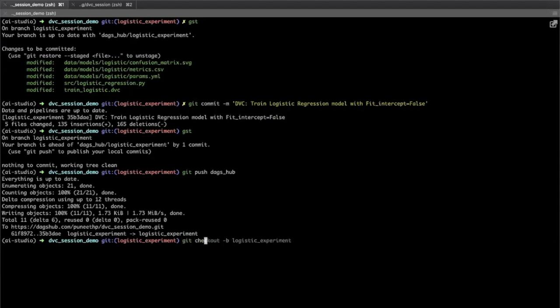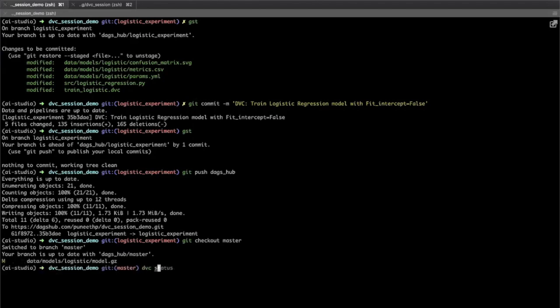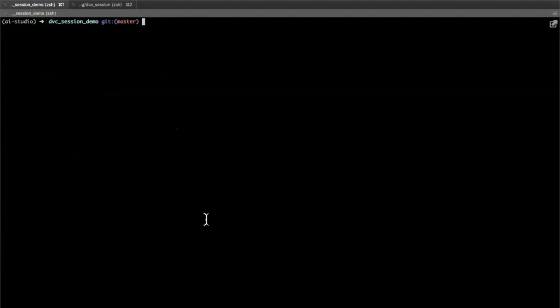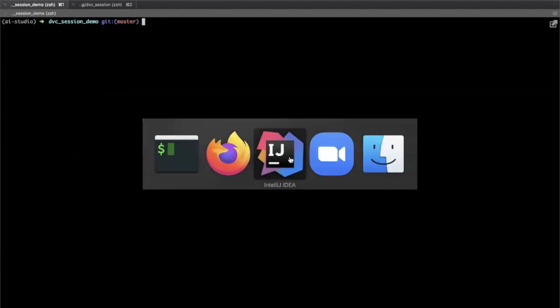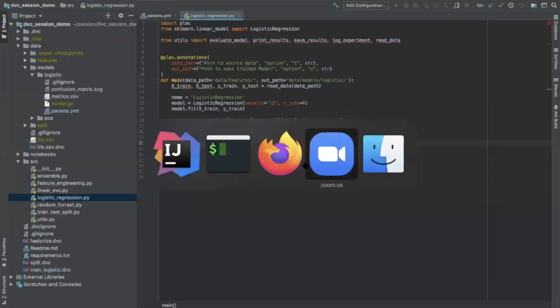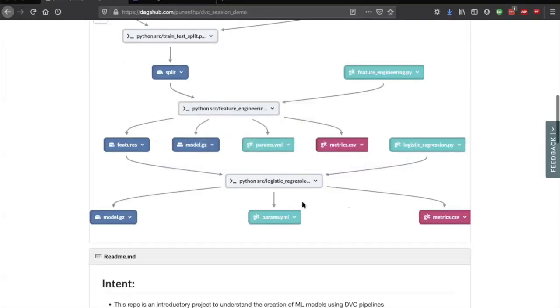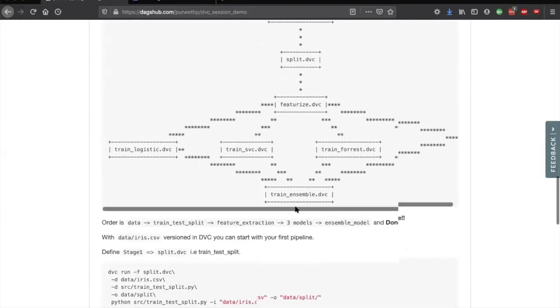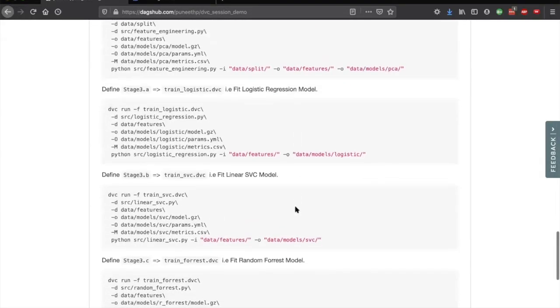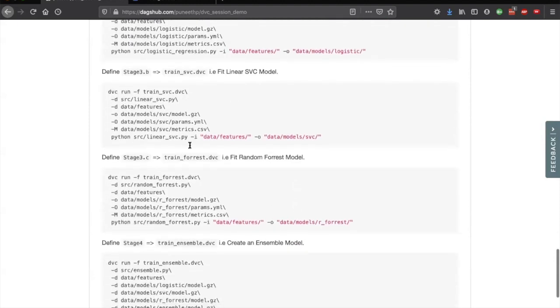I'll check out the master now. Please stop me and ask questions if you are not understanding or following. Similarly, you can fit other two models.